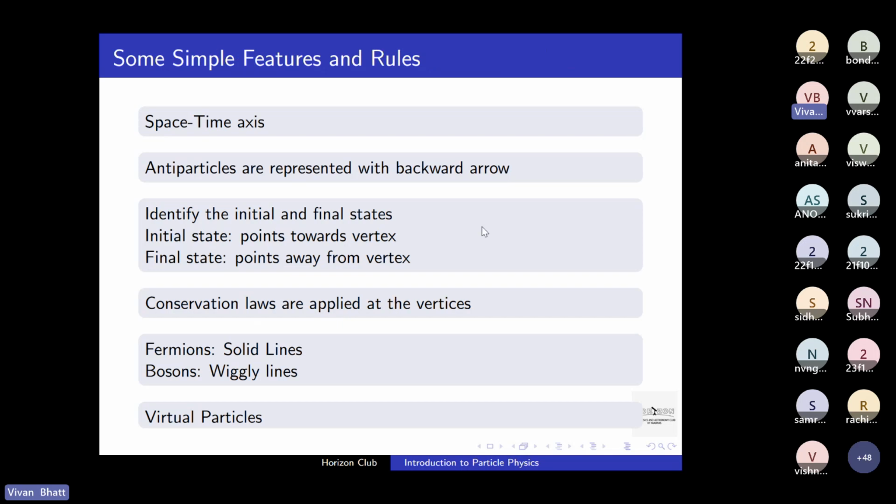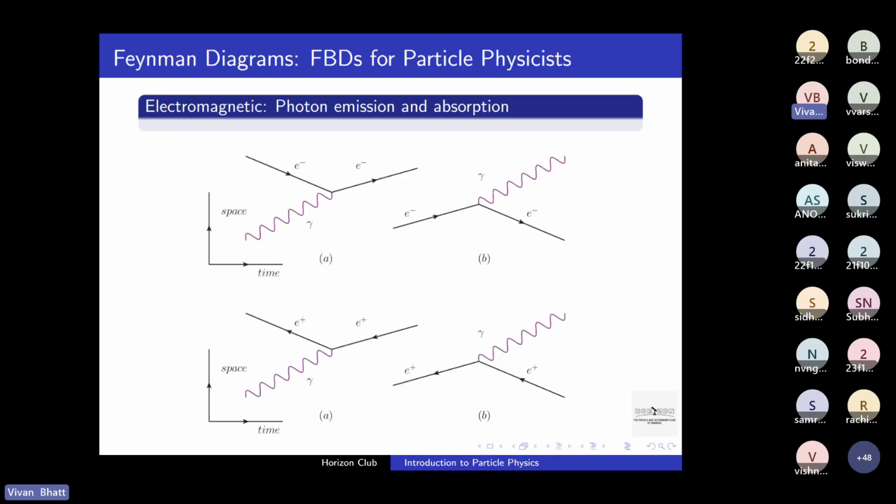Now, antiparticles are represented with a backward arrow. So if you look at the thing on top and the thing at the bottom, you don't need to know the labels, let's say 1A, 1B and 2A, 2B. The difference between 1A and 2A is that in 1A you have an incoming electron and an incoming photon, and the electron absorbs the photon and its energy increases. You have a more energetic electron. When you look at 2A,